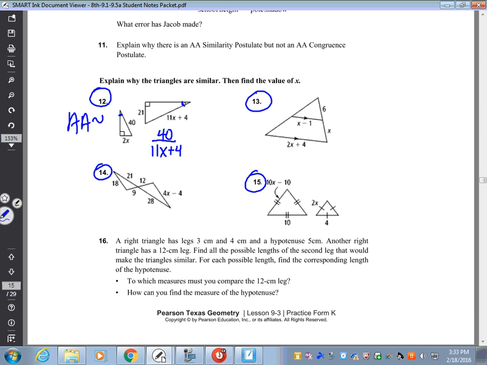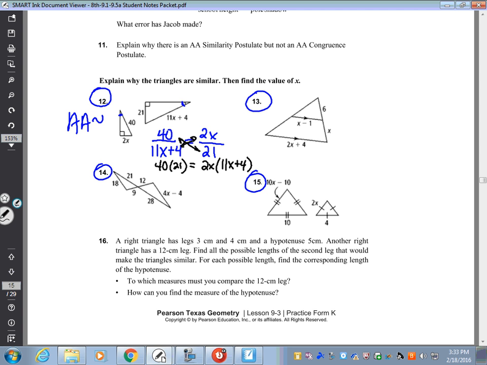11x plus 4. And the 2x corresponds with 21. All right, I need you to write this proportion down first because we're going to have to distribute when we cross multiply. So when I cross multiply, we're going to have 40 times 21, and then we're going to have 2x times 11x plus 4. So I need you to write that down